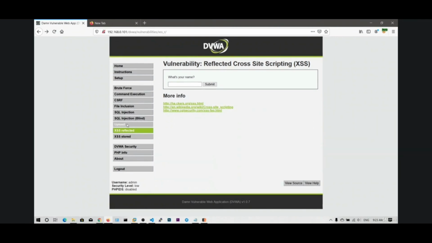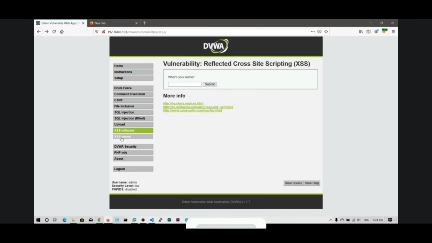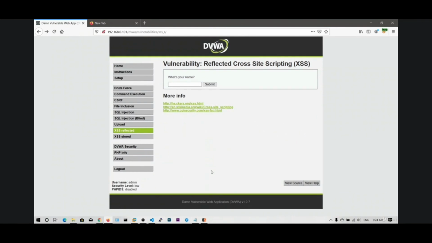What you can do is first upload a file to this web server, say an HTML file, and then you will say window.location.href and the path to this HTML file you have uploaded, like google.com/index.html or temp.html. So whenever you go there, it will be redirected to this HTML file you have replaced. So you can see access store and you can see google.com. That's how you will get the redirection. So I hope you have understood.